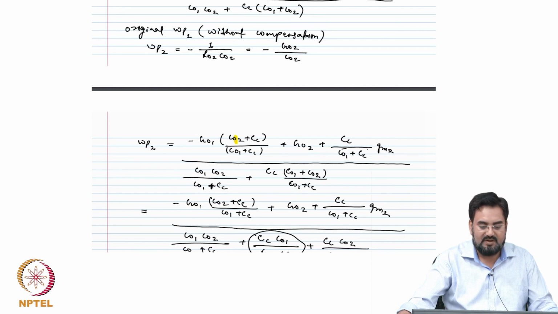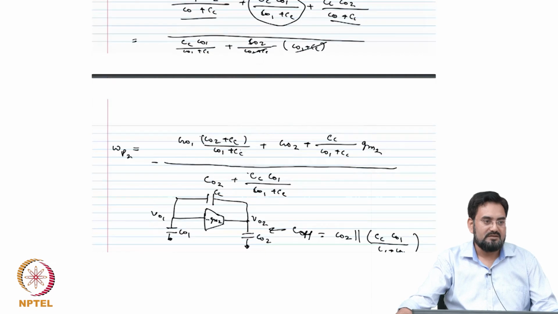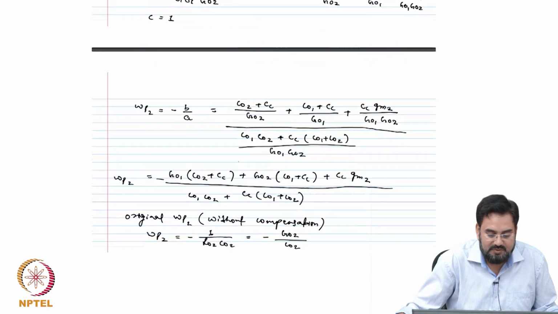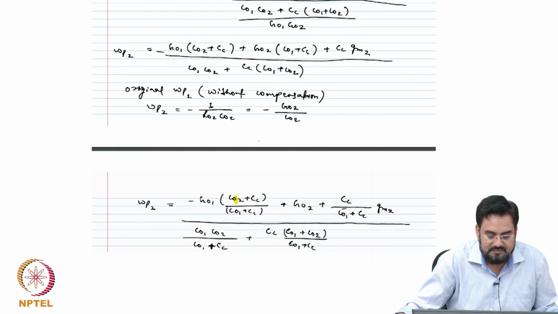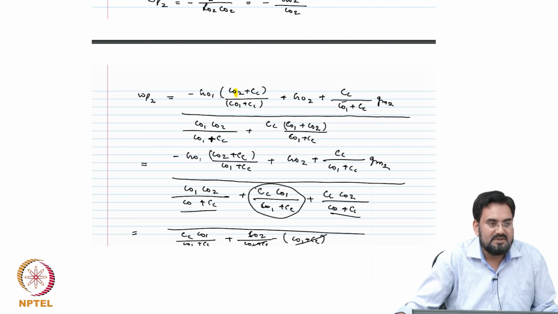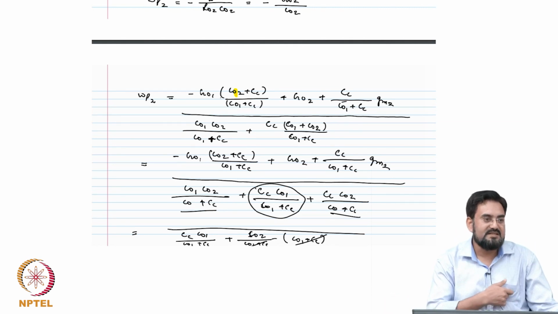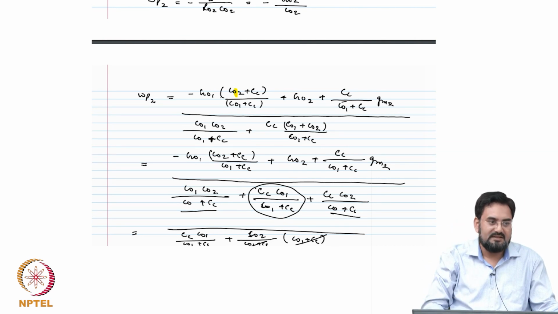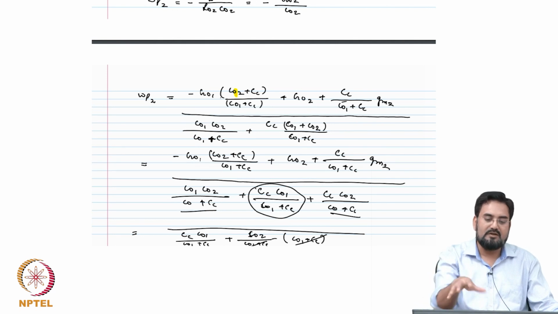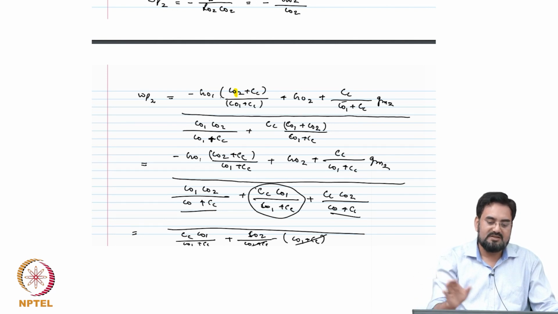With the approximation, if you take only this and this term, and even if you feed in all those values, you will see there won't be much difference, because these are non-dominant terms. Okay. So not only GO2, you get this third term also. Your GO1, basically the previous stage impedance, will come into effect, because that is coupled through Cc. That makes it very complicated, but all those terms are non-dominant, so we ignore them.